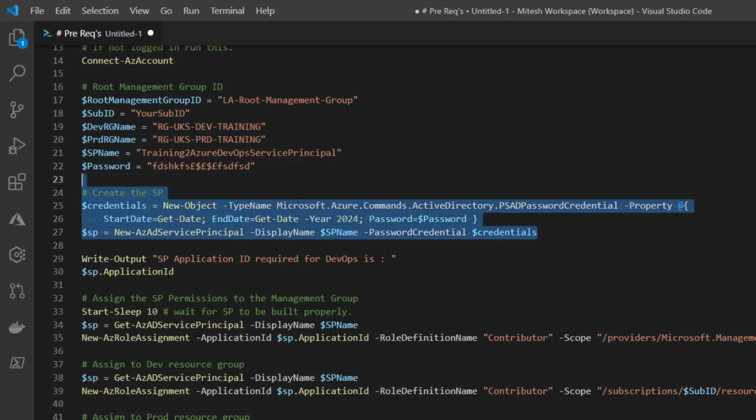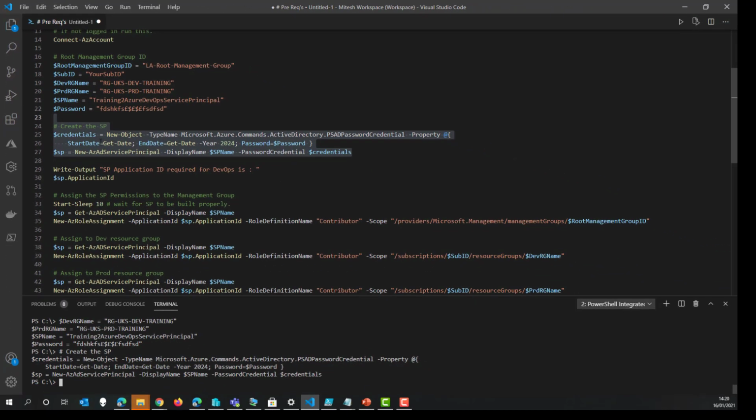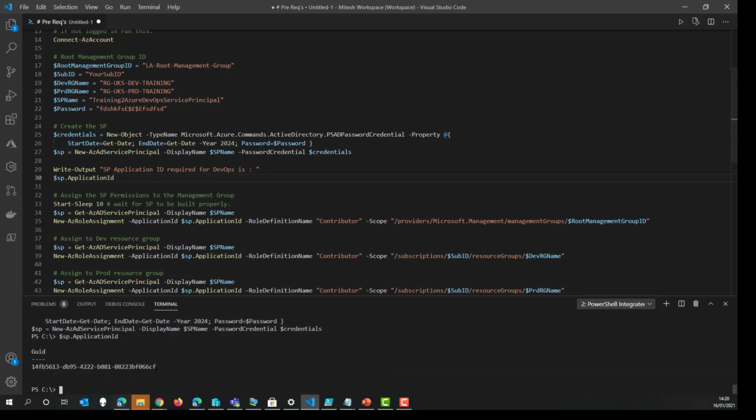So this is the job that actually creates the service principal, and you can see the name that we've chosen is one that we want to use ourselves rather than letting the system choose it for us. We can do that for now. We need to get the application ID, so that's just a property of that service principal, and we're going to save that because we're going to refer to it later. So let's just save that in a different screen.